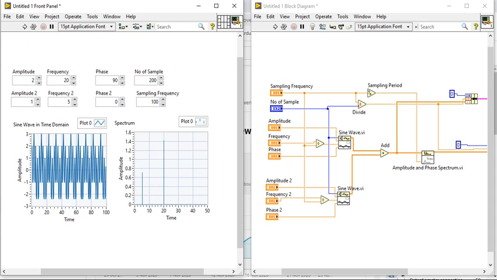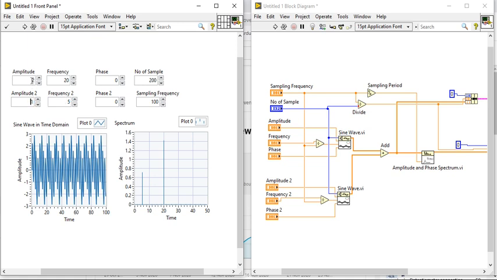Now the initial phase in the sine waveform VI is specified in degrees. Let's select the initial phase as 0 for both conditions.